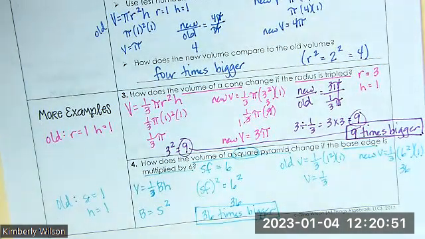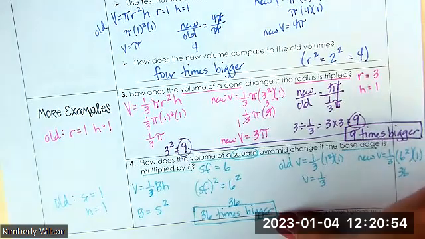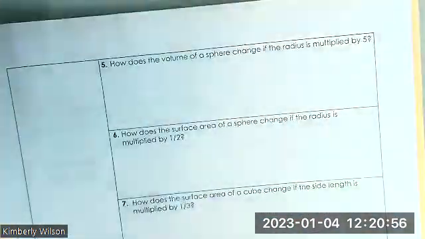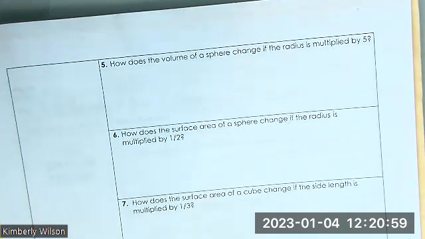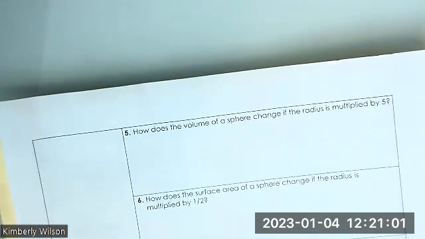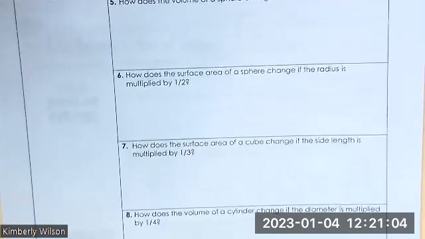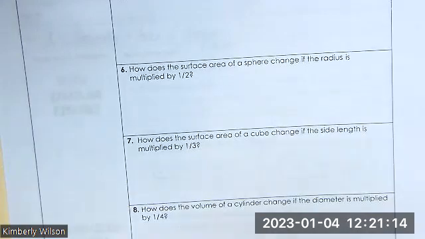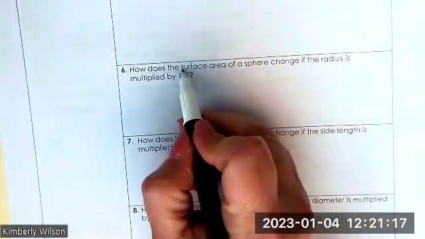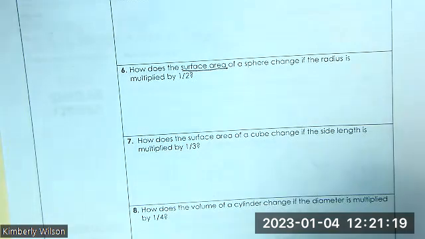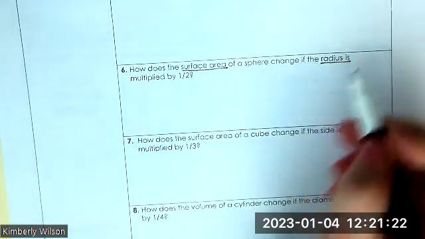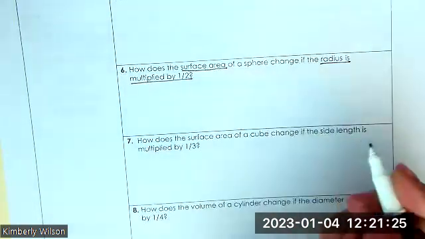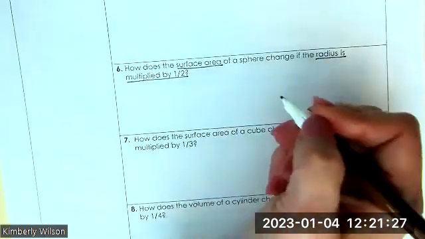Next. Okay, we're moving on and we're going to look at number 6. Now we're going to talk about surface area. Surface area of a sphere changes the radius. So when we're talking about surface area, we're going to have to take that formula into consideration. We're saying the radius is multiplied by 1/2. Okay, so for the surface area,